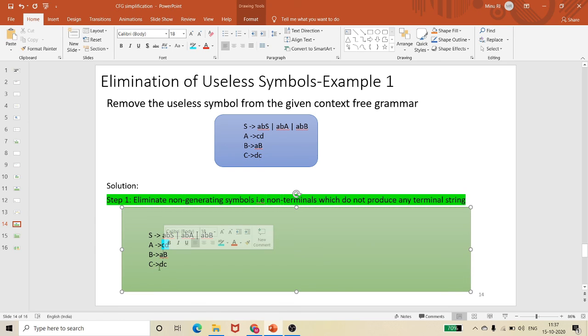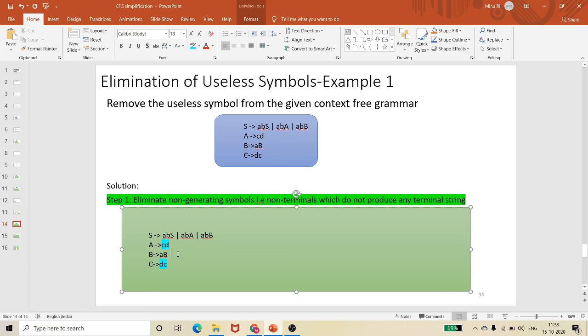Okay, let it have it here, we will conclude it. Whereas capital C gives DC, that is a non-terminal. Fine. So now, in your grammar you can see that for this I need to substitute capital B. For this I need to substitute only capital B. Whereas if I am substituting capital B, it will again be AB.